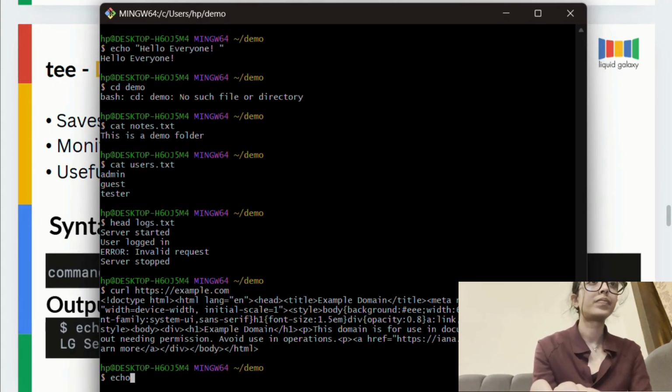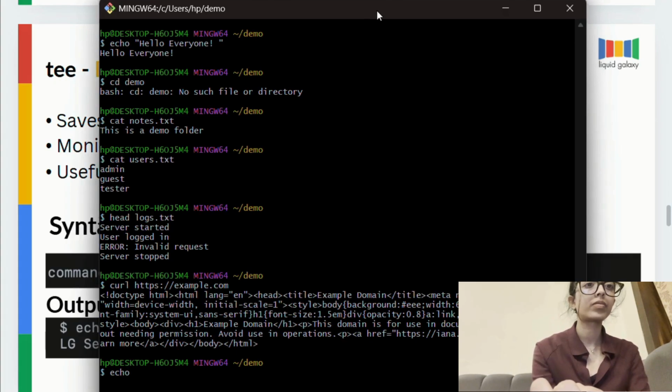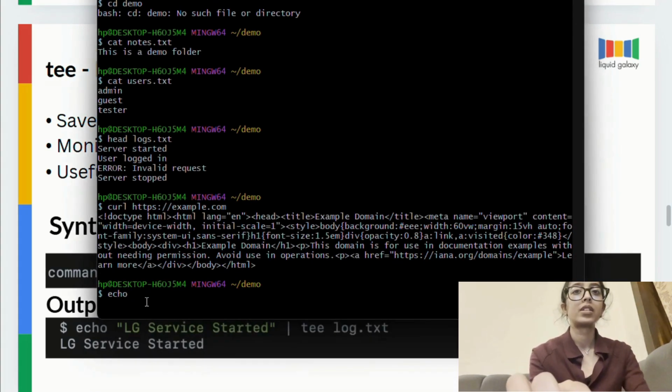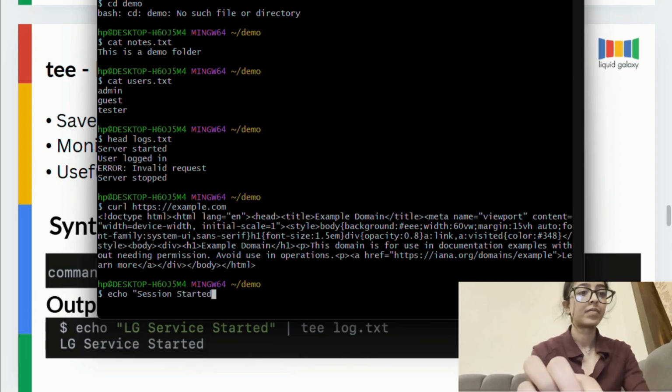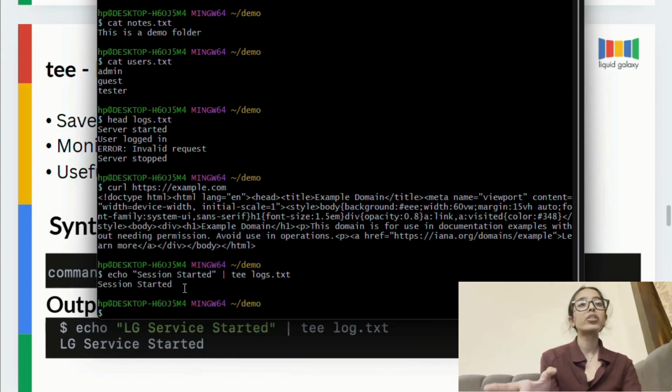Echo session started. I'll just enter my file name, logs.txt. Okay, so for now it printed "session started", and if I want to see if it also saved it into my file or not, I can just do